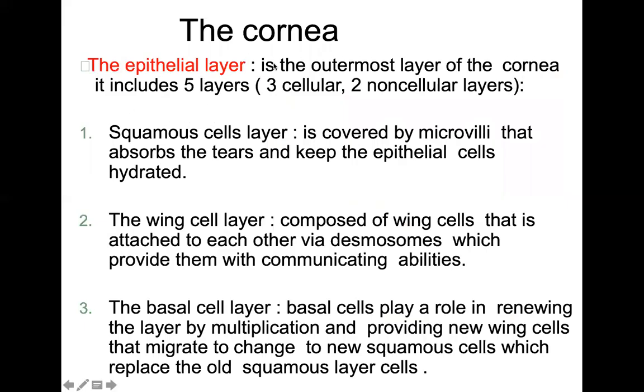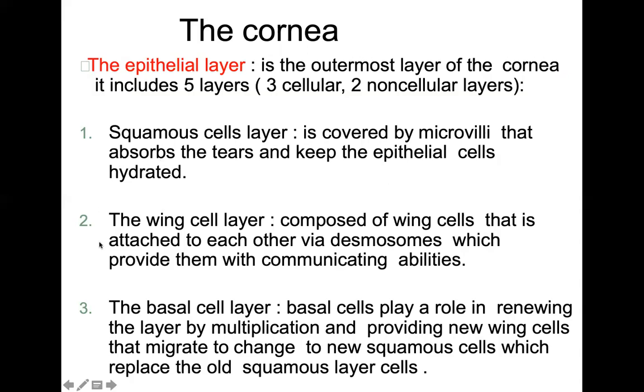So this one is specifically the outermost layer of the cornea, that is the epithelium. So do not be confused. There are 5 layers of the cornea. The outermost layer is the corneal epithelium. And this epithelium is also made up of 5 to 6 layers, or 5 to 7 layers. In some books it says 5 to 7, in others 5 to 6. However, specifically, you have your cellular and your non-cellular layers.